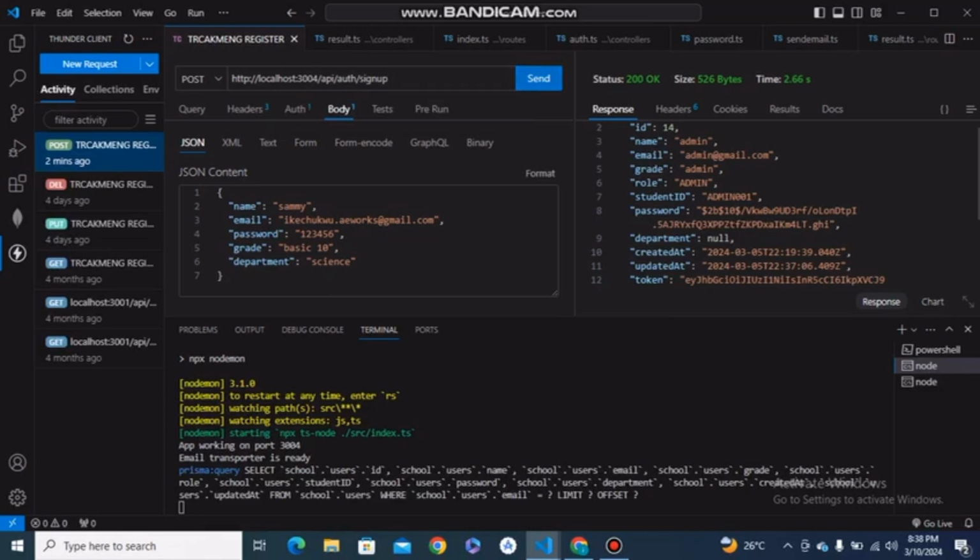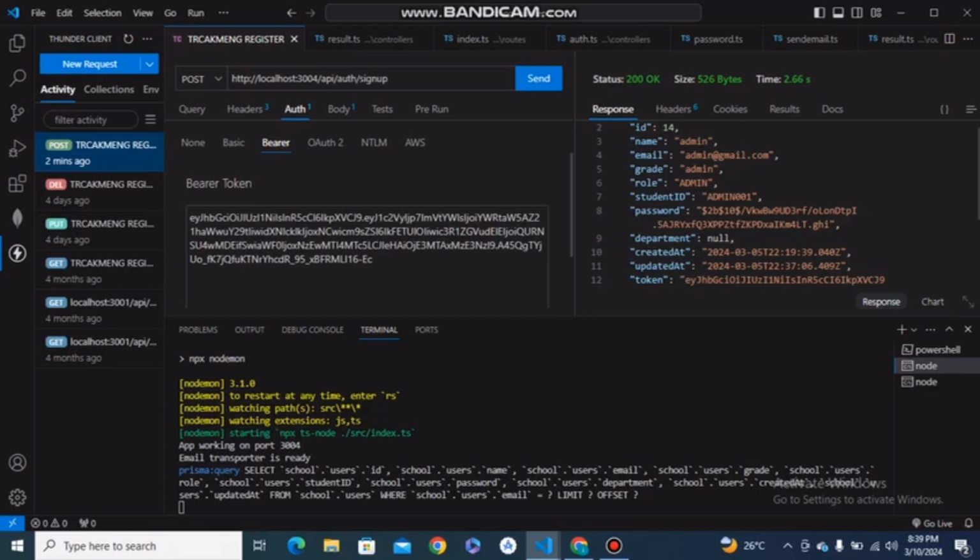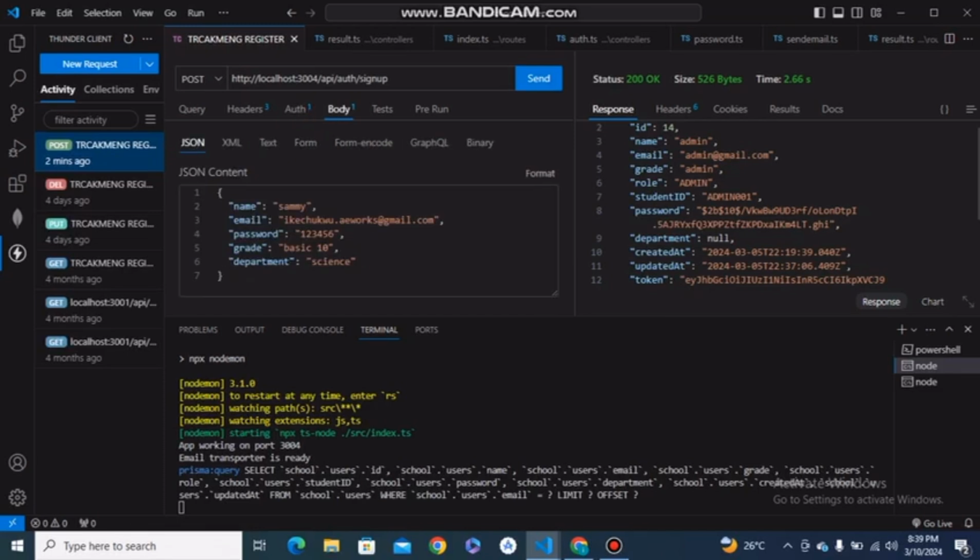So basically what's going to happen is once I send this request as the admin, I will be authorized to do that. But if that token was not in this place, the request I'd get back would be something like you are not authorized, meaning you are not able to create something. But this is going to be successful because it's an admin doing this. Once I send the request, I programmed the code so that it picks this email and sends a welcome text with the student ID to the person. So let's check that out. When I send this request,